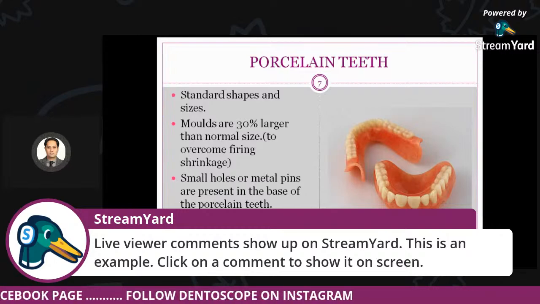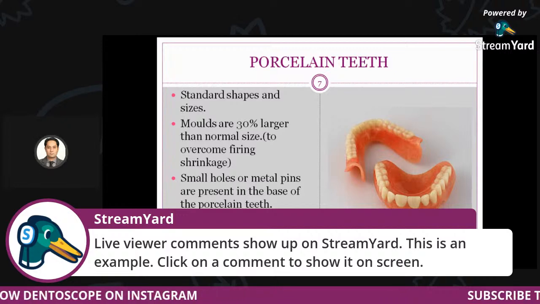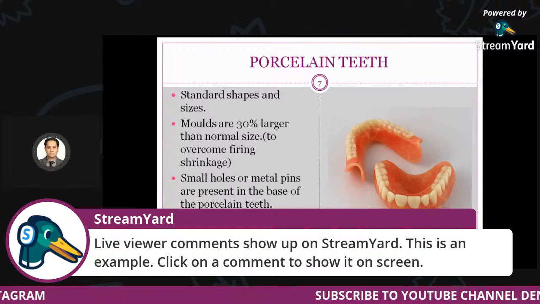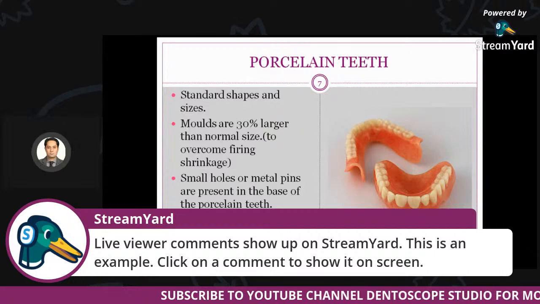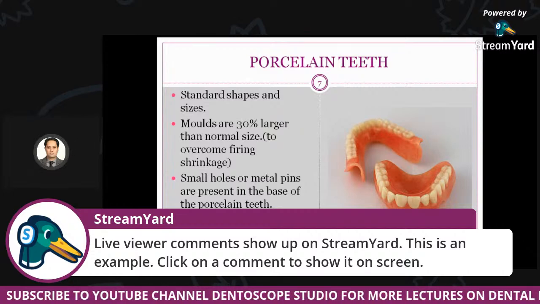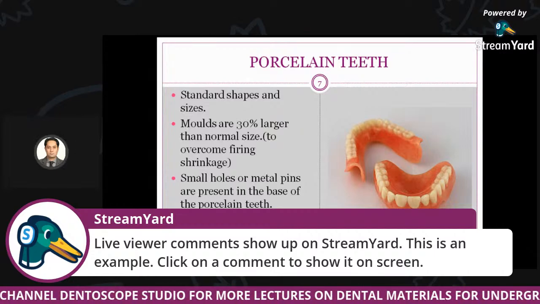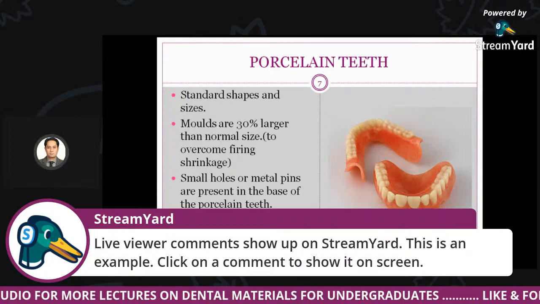So that's the main idea behind keeping these molds a bit larger in size. Then there are small holes or metal pins which are present at the base of the porcelain teeth. Well, that's the differentiating point